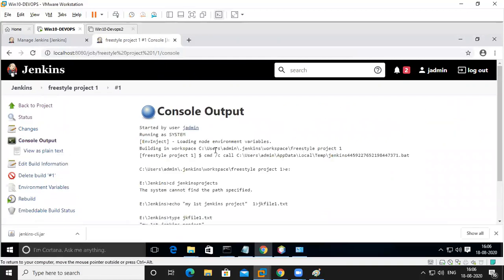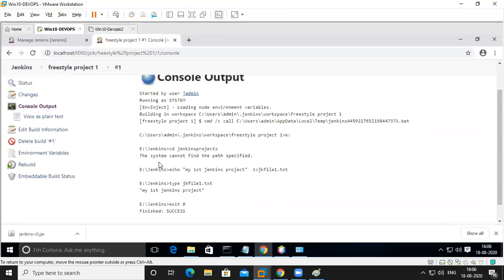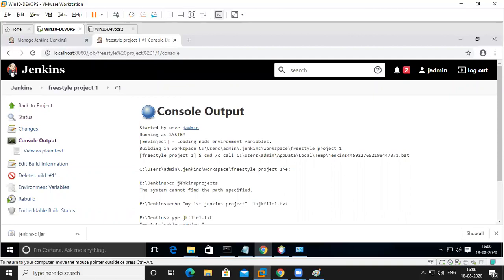Now can you see what happened here? Okay, so this is the primary location of your project. So this is your location. Project location is this one only. Okay, next I change my drive to E colon. Now it is E colon, see, and it went to Jenkins project. Okay, system cannot find path specified. So it's not understanding. Okay, it went to E colon Jenkins instead of Jenkins project. So it's not understanding it.